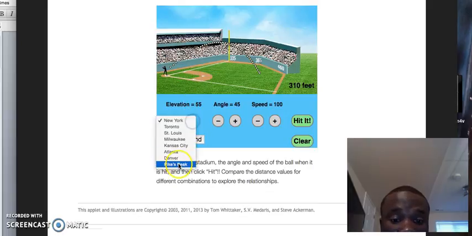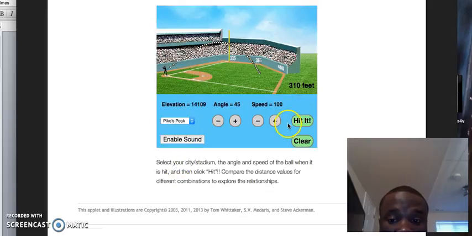But if I increase the elevation, keep the same 45-degree angle with the speed at 100, the ball even spends more time in the air. But what if I increase the angle to, let's say, a 60-degree angle, and hit clear and start over? So now at the 60-degree angle, this is where I want to play as a pitcher. It gave me a lot of opportunity to catch this ball because it spent a lot of time in the